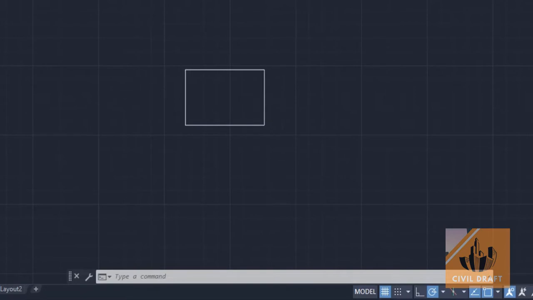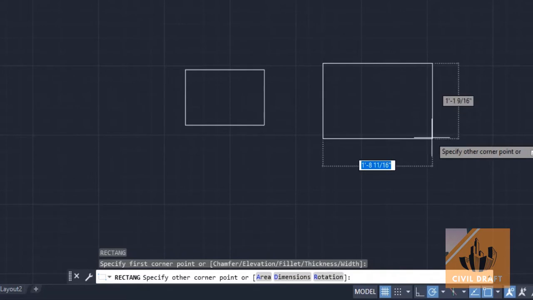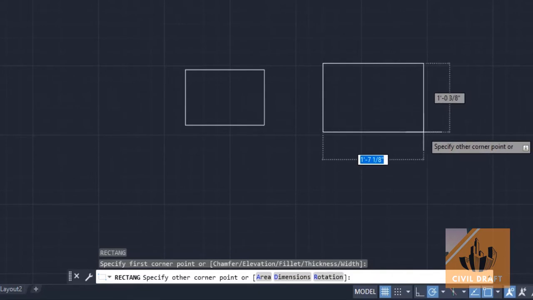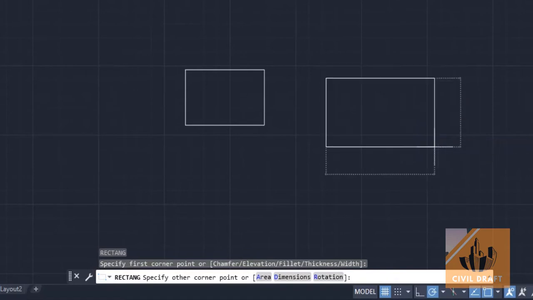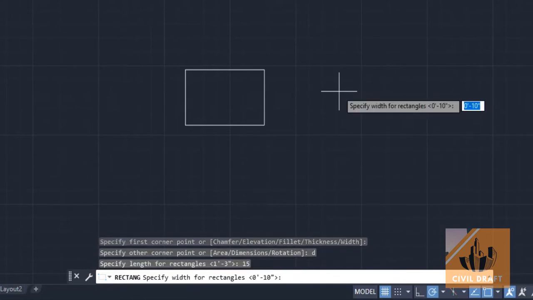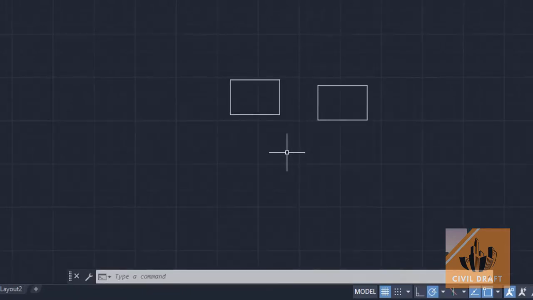I'll again go to rectangle command, specify the first corner point, and if you have the dimension of rectangle, that is length and width of the rectangle, then you can easily draw here. For this I have to type here D, enter, and specify length of rectangle. I'll specify here 15 and width of rectangle 10. Click in this desired point. Go to rectangle command,